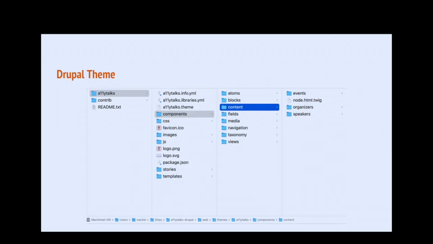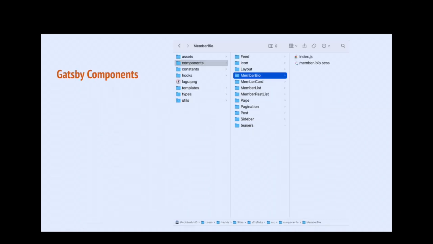Here in the Drupal theme, you have your components folder, and inside it you have all the different folders. In this one, I have a content main folder where I put all my content components. And then I even drilled down further into events.